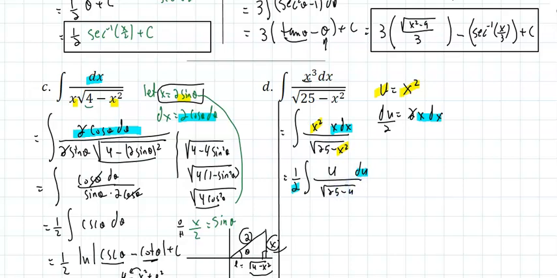Now, I could try another sub. Let w equal 25 minus u. dw is negative du. And let's see how this works. This is 1/2 the integral. Now, my du is really a negative dw, and